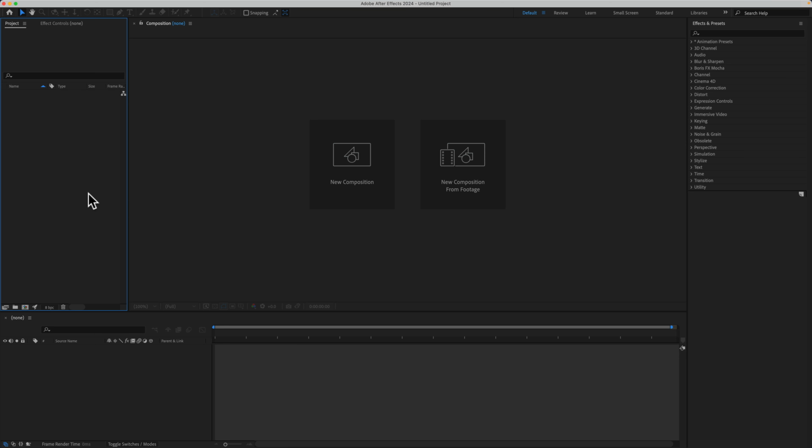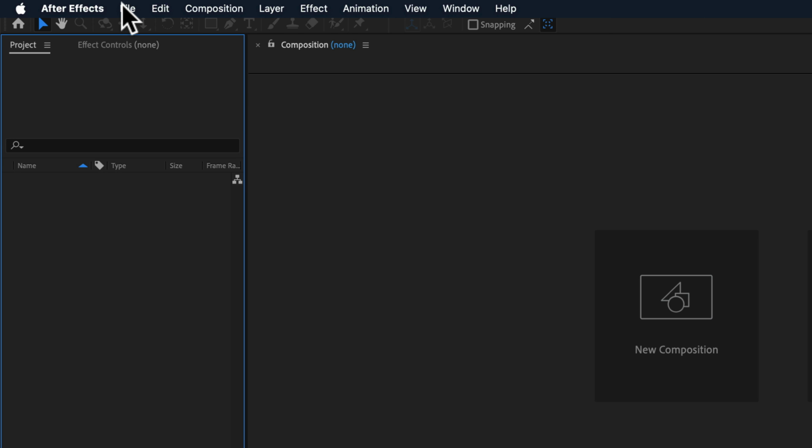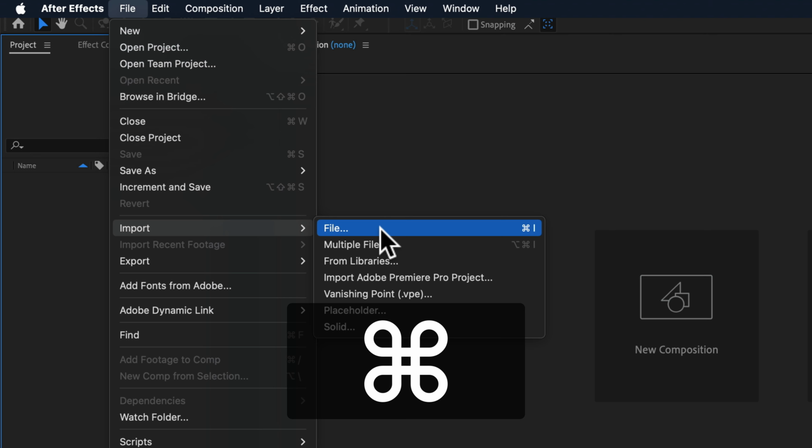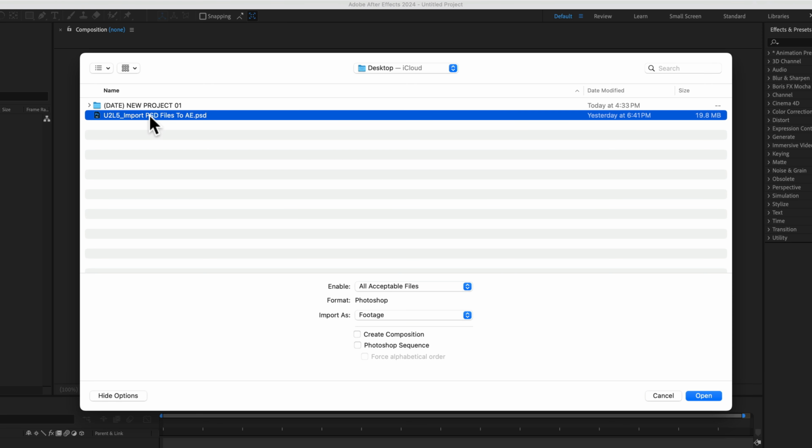To import the Photoshop .psd file into After Effects, you can double-click in an empty space in the project panel. You can also go to the top menu, File, Import File, or use the keyboard shortcut Command or Ctrl-I. Select the .psd file. Go to Import As, click the drop-down, and we are going to select Composition Retain Layer